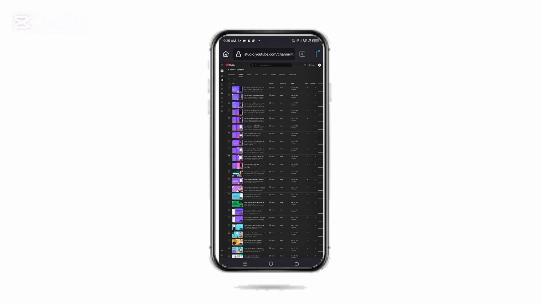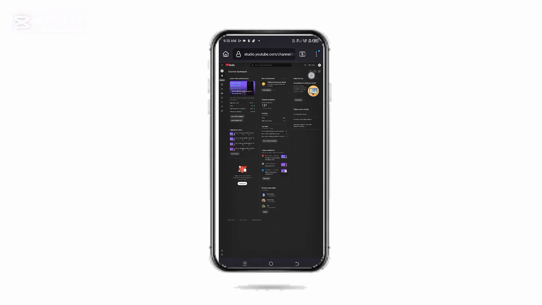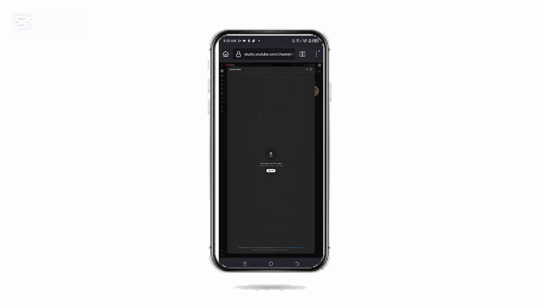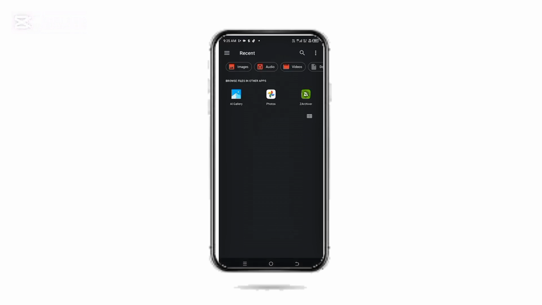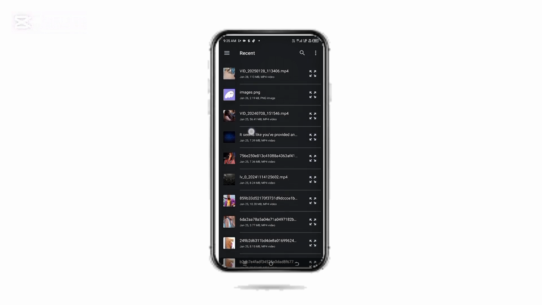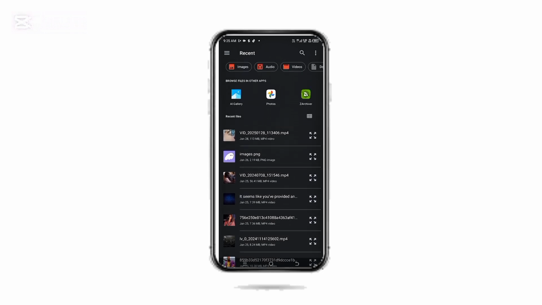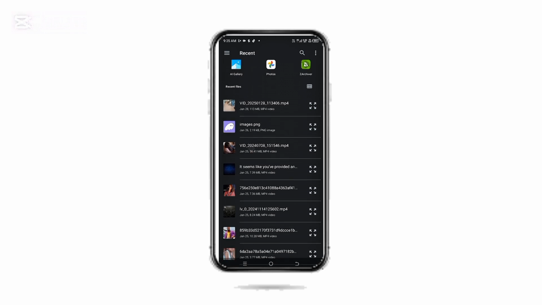Let me quickly show you how to upload videos on Firefox. On your Firefox here, all you need to do is to click on the arrow, this upload arrow here. Click on that. Once you click on that, you see select files. Click on select files. Once you click on select files, you are going to see the videos and files saved on your device. All you need to do is to click on the video you want to upload to your YouTube. Once you click on that, you're going to see the